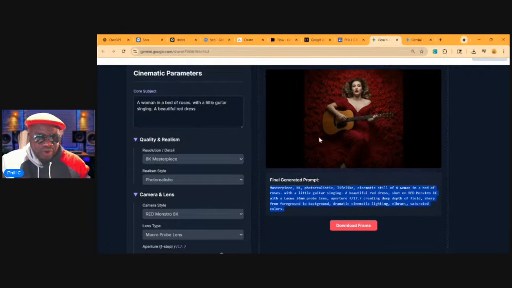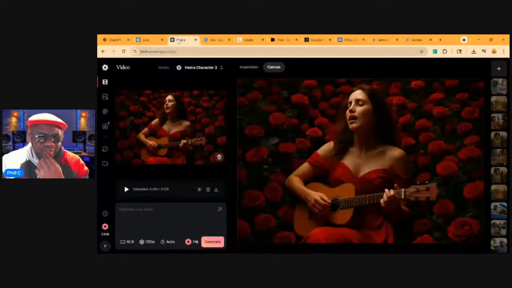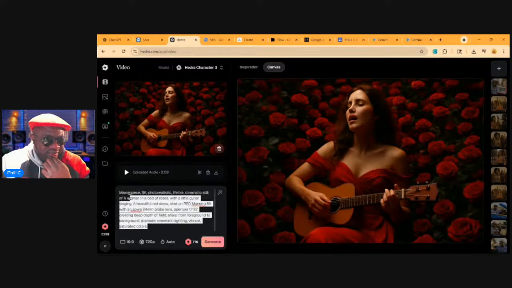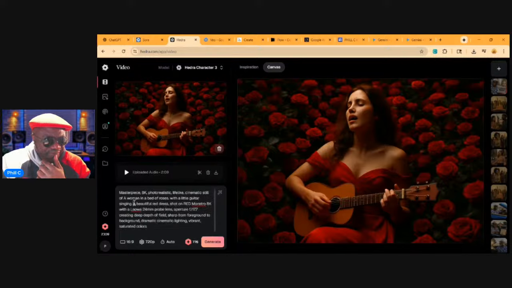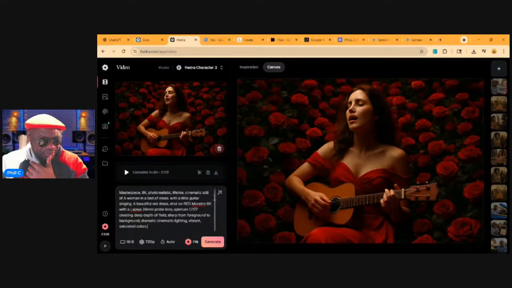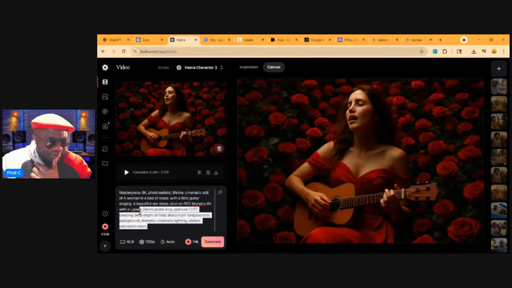get this prompt again. You really don't need the entire prompt because Hedra is going to use your image quality anyway to do this. So when you paste this in, you could just say the little guitar singing. It really doesn't need all these other bits and pieces. But anyway, we could leave them in. Most important thing is the audio. I normally don't put in all this gobbledygook so that it can just focus.